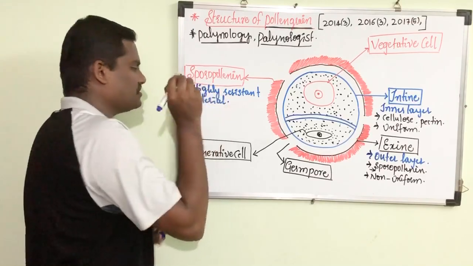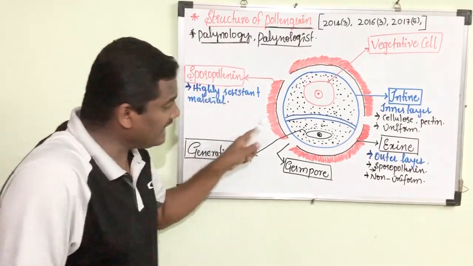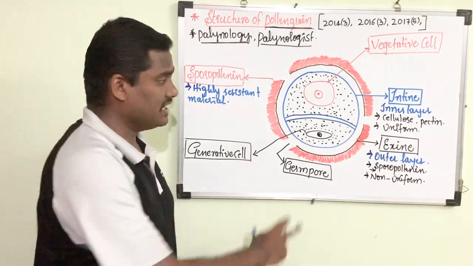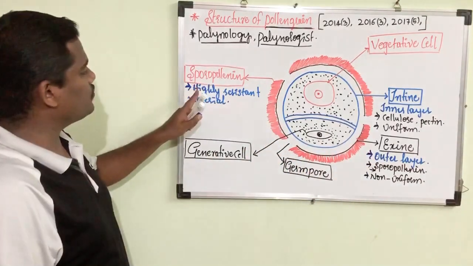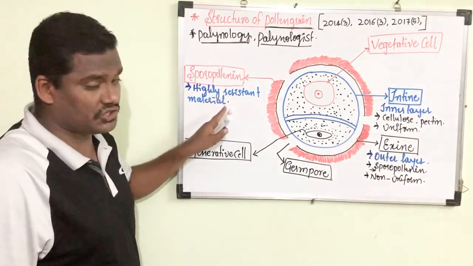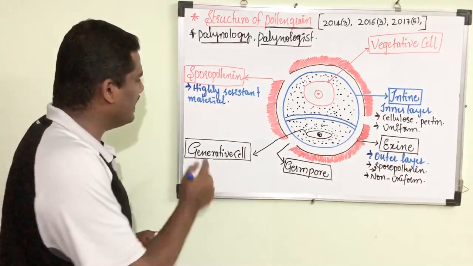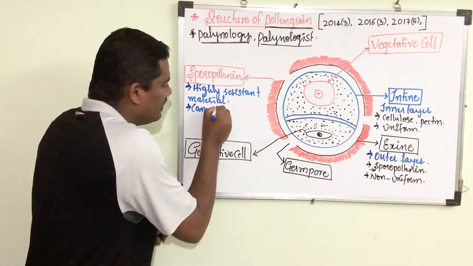It is actually deposited on the outer side of the exine. It is a very strong, very tough material, and this sporopollenin cannot be degraded